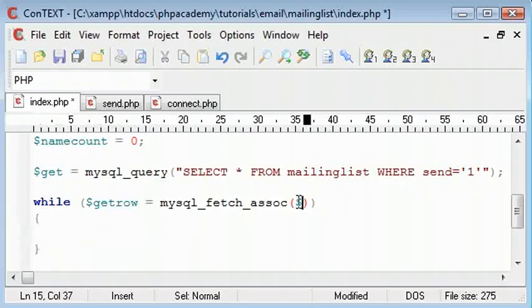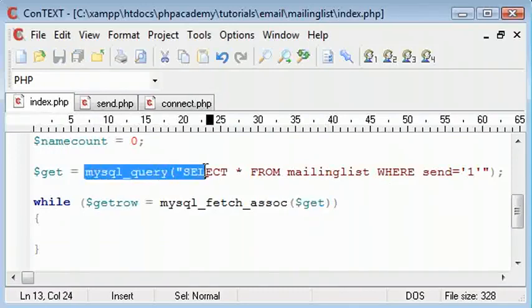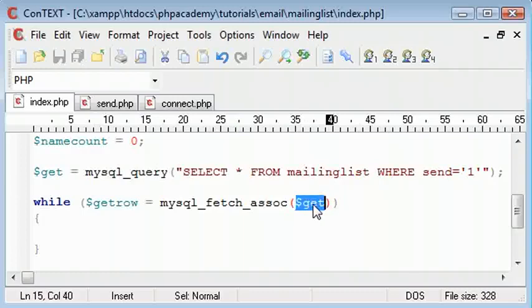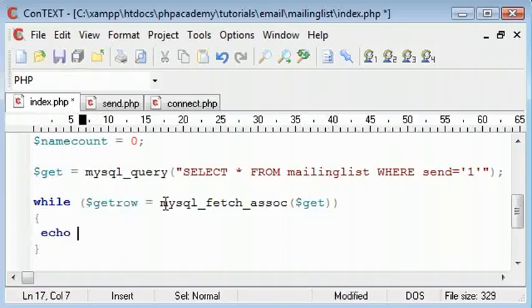The variable to put in here is the query that we've executed, because this query needs to go in this part here, so that's why we've stored it in a query up here. So we've called this getRow, and getRow now is an array. So what we can do is things like echo getRow,